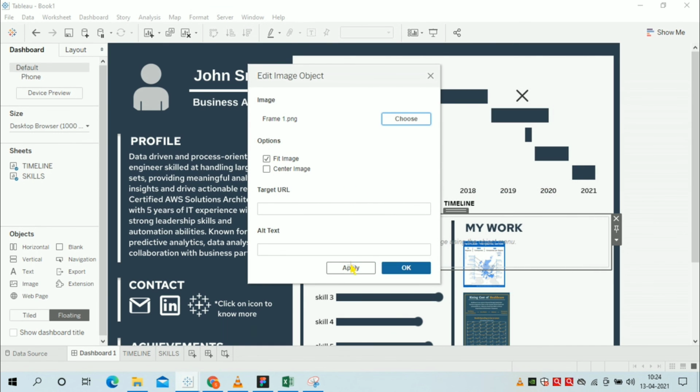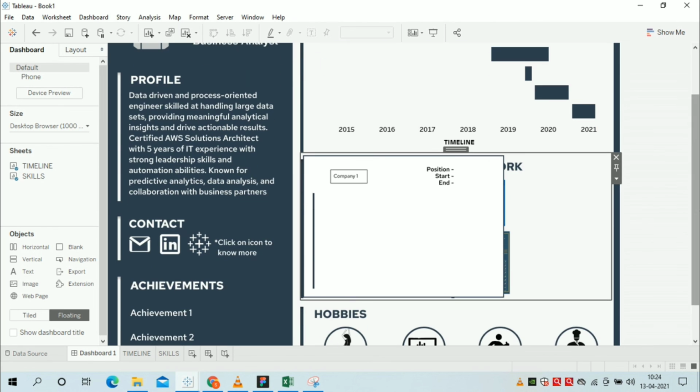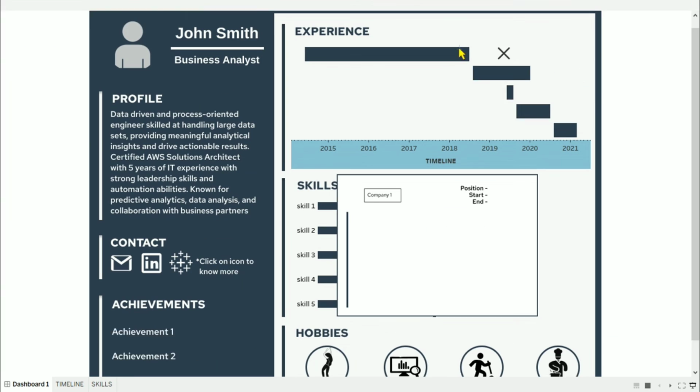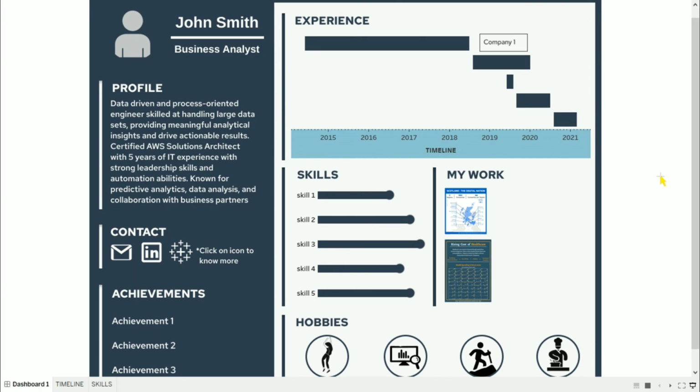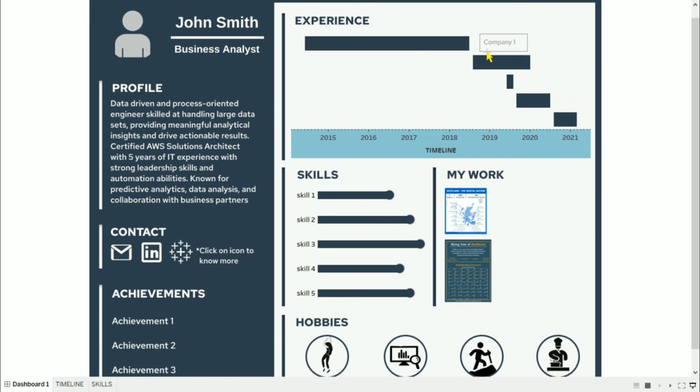Click on apply. Okay. Center this image, and now you can see if I'm clicking on company name, company 1, then it's showing me the card for company 1. So in this way you can give the example of your companies, like your work experience, your position, what work you did, everything you can show here.